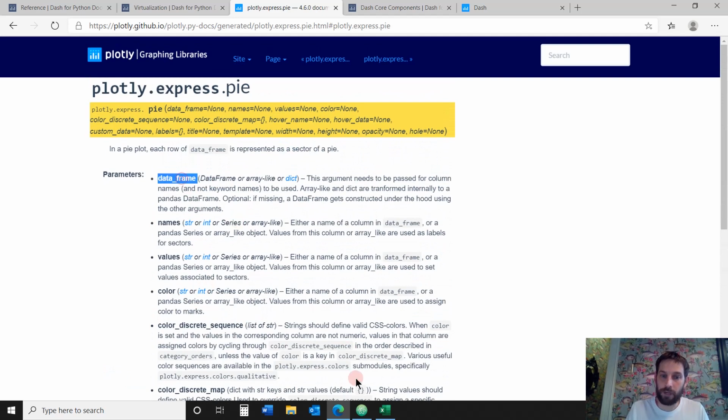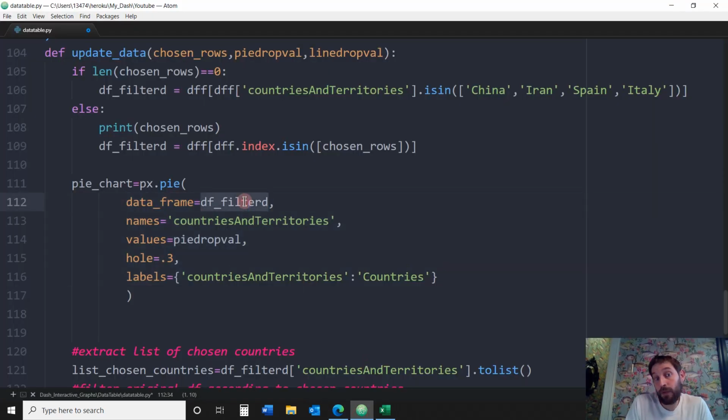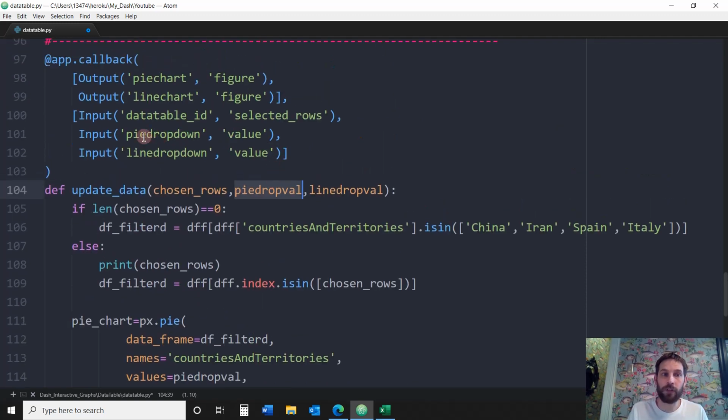The first one is a data frame. You need a data frame. The data frame is going to be the data frame that we filtered, either with these countries or the countries that the user chose. The names are going to be the countries. Per slice is going to be the name of the country, and the values is going to be the pie drop val. Now, what is the pie drop val? The pie drop val is this right here. It's the second argument of the function, the pie drop down value. So it's the value that the user chose, or that's there by default, which I think is